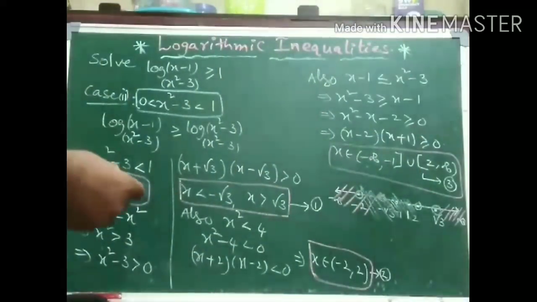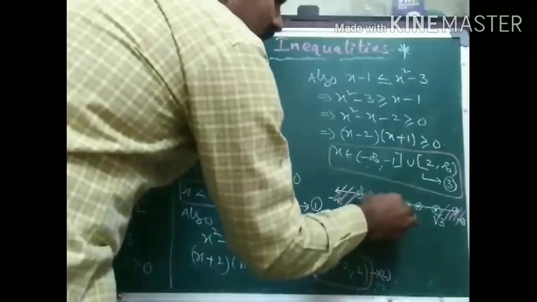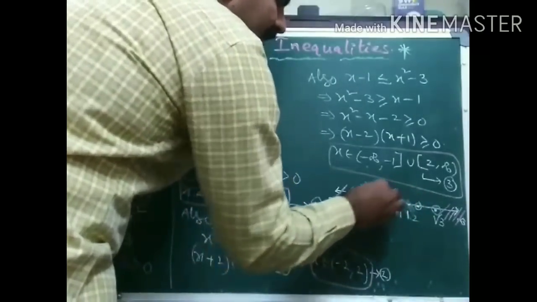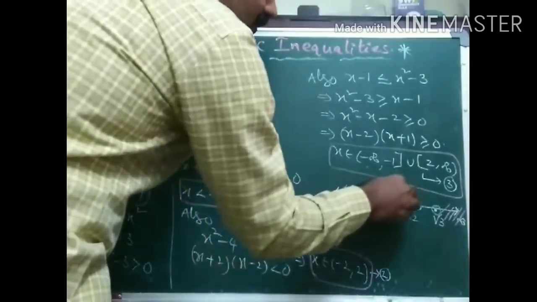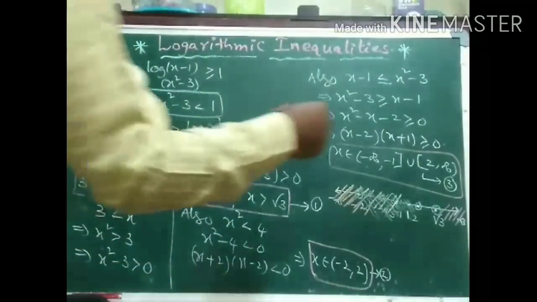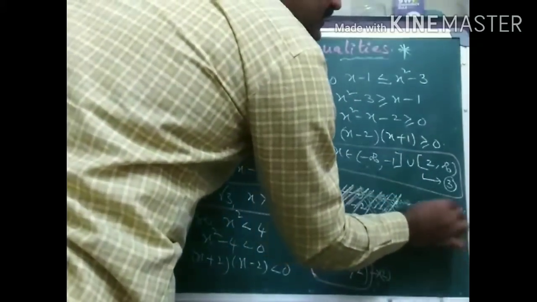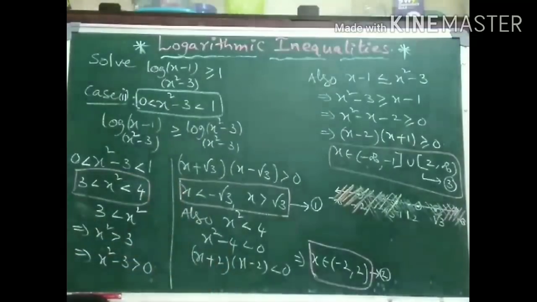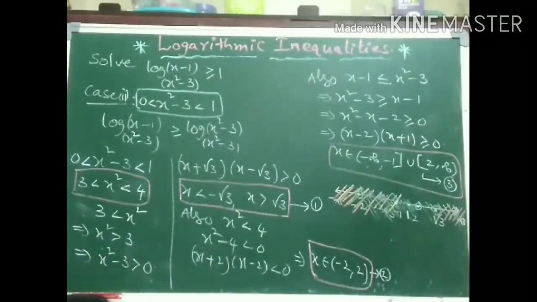So less than minus 1, this is the part, entirely, and more than 2. Do you identify where the common solution is now? All the 3 regions are meeting at